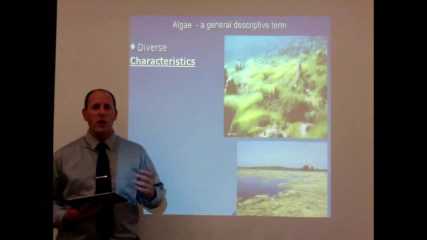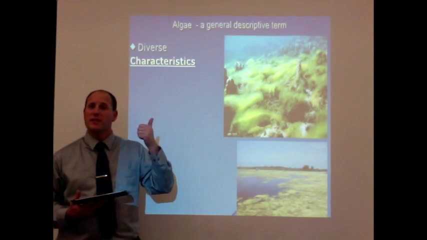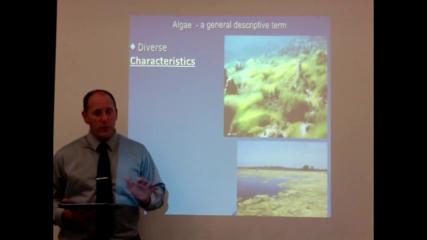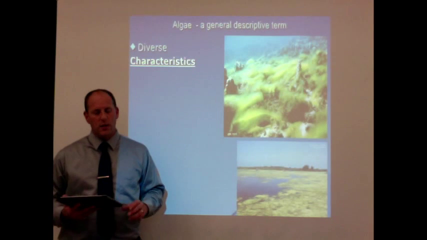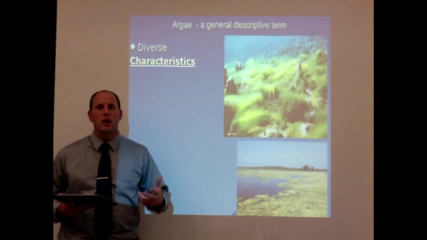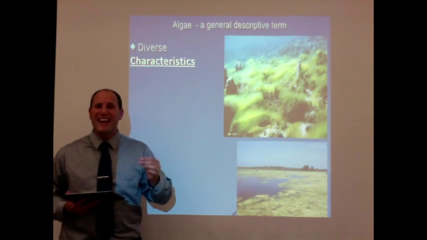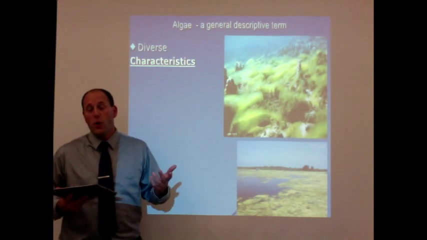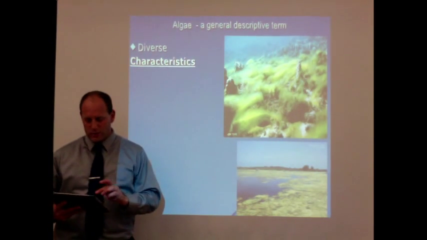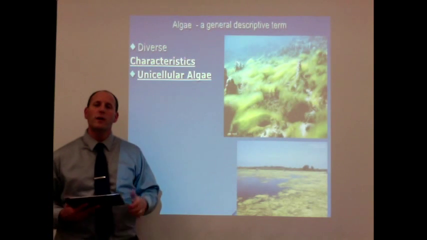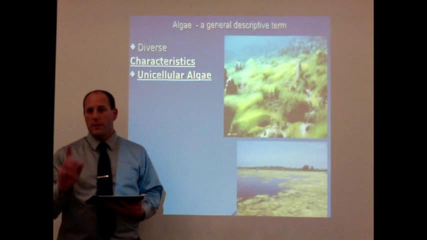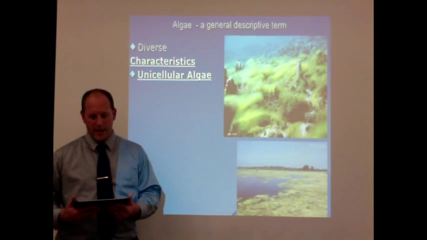The organisms that we're talking about, when we talk about algae here in this general description of these Protista, they don't have any of those characteristics. You might be familiar with things like stems and roots and leaves and flowers, but those are very specific scientific structures. They're the organs of those particular organisms, and these guys don't have that. All of these organisms are unicellular algae that we are going to be talking about. That means they're only made up of one single cell.